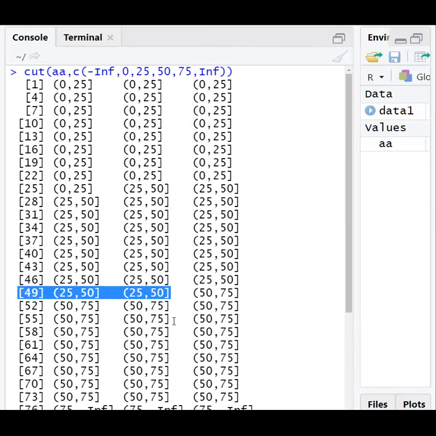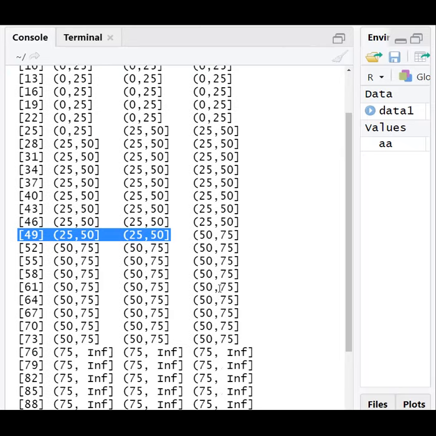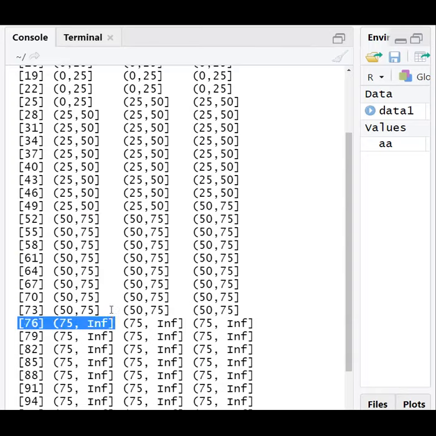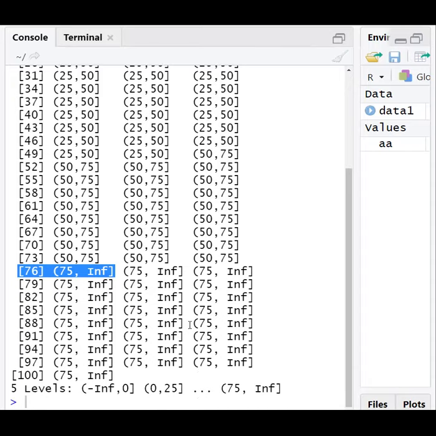Okay. Next, 51 is present in 50 to 75. Till 75 it will be like that. The 76th entry will be in the 75 to infinity range. See, if we don't want infinity, we have to include one more value, or if infinity is present.